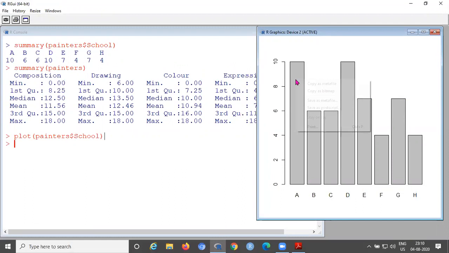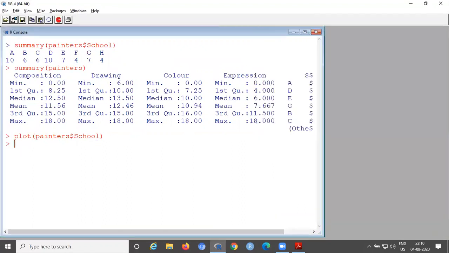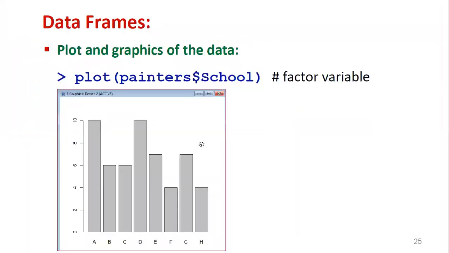This output you can save in different formats as a metafile, as a bitmap, or PostScript, or you can print it also by converting into PDF. This is the advantage of R. All the outputs can be printed and saved into PDF or different formats. So now we can close this. So this is one graphics function. Next, another one.